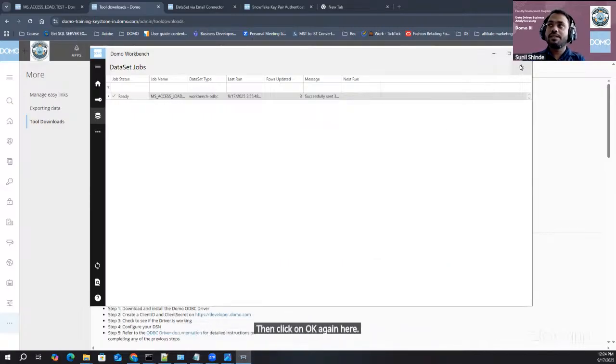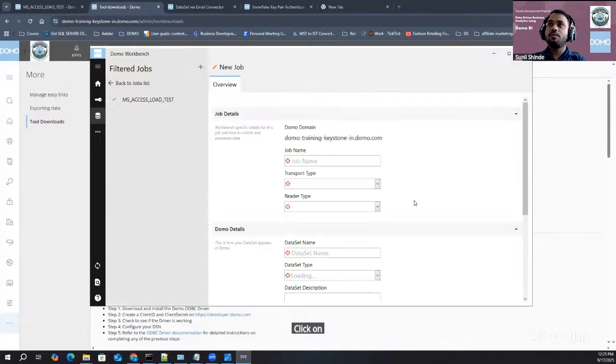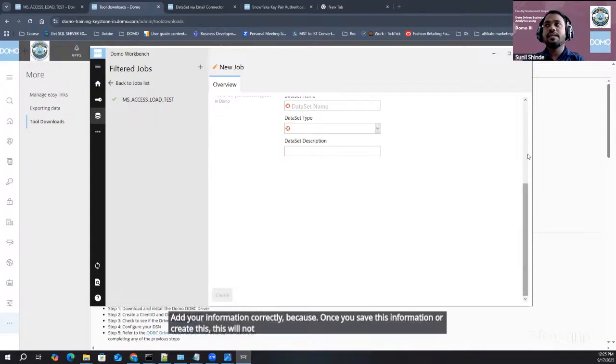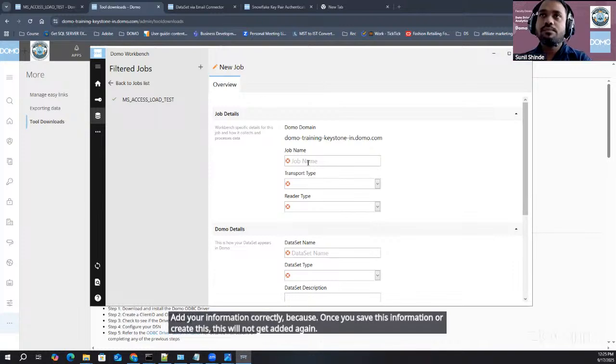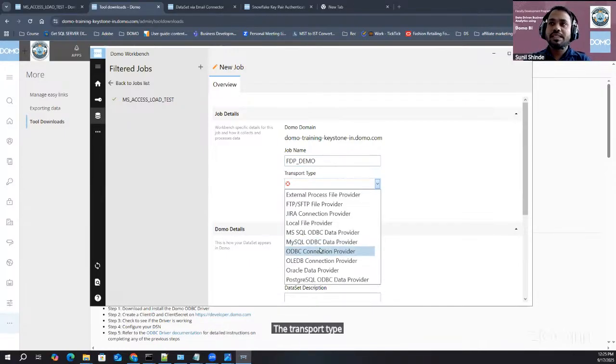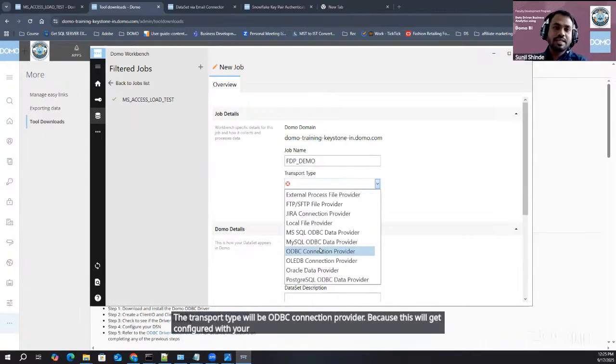We will create one job. I will show you how to create a job. Click on plus, it will open this window. The first is an overview window. Add your information correctly, because once you save this information or create, this will not get edited again. The job name will be FDP demo. I'm giving this name. The transport type will be ODBC connection provider, because this will get configured with your DSN